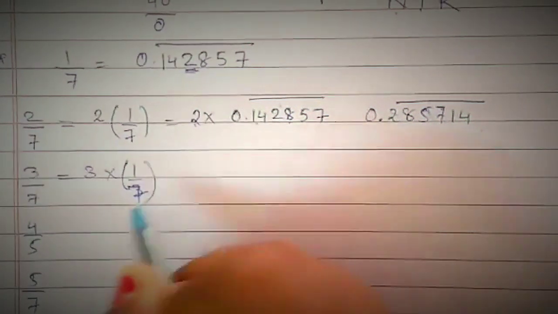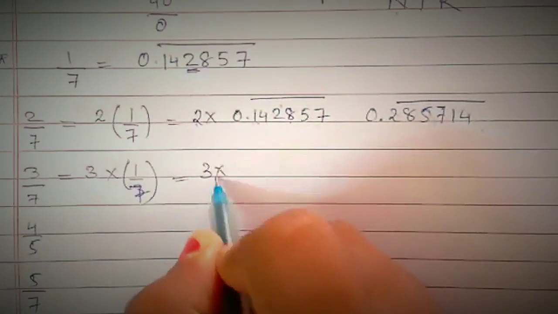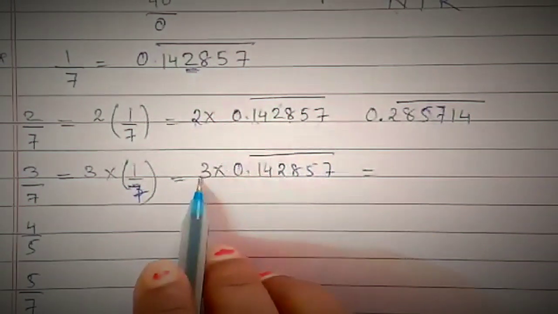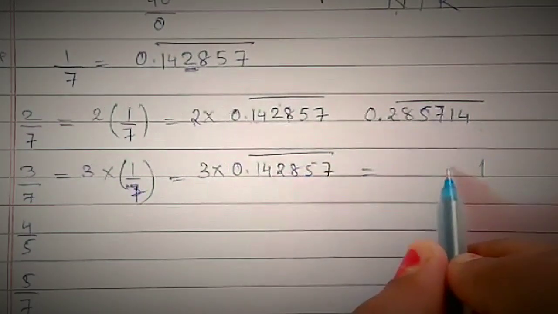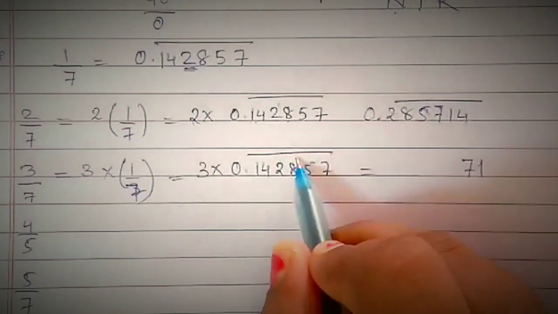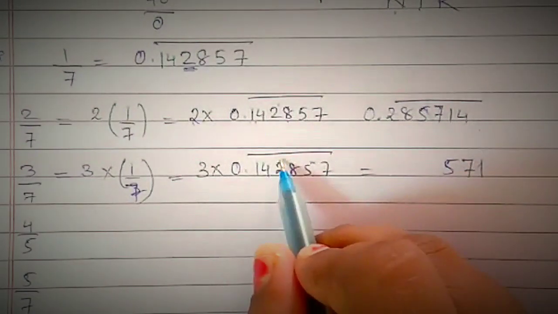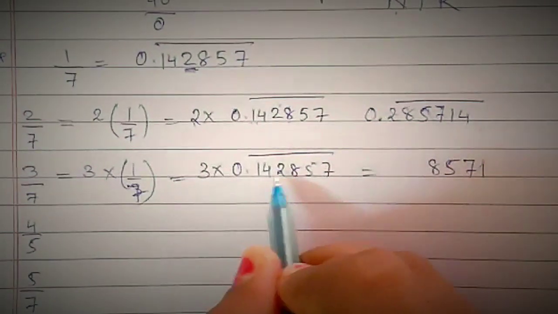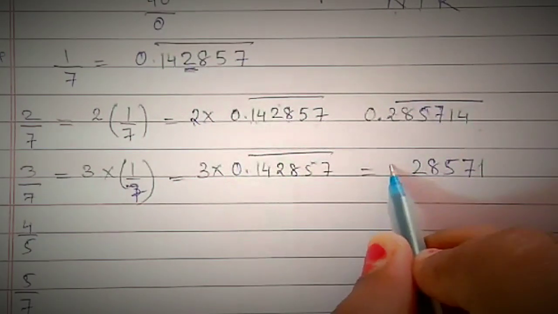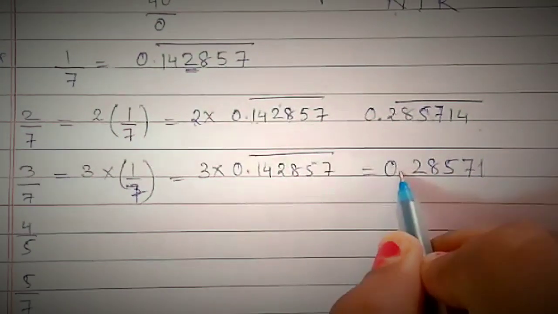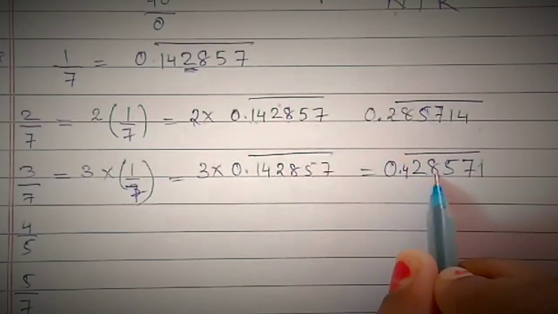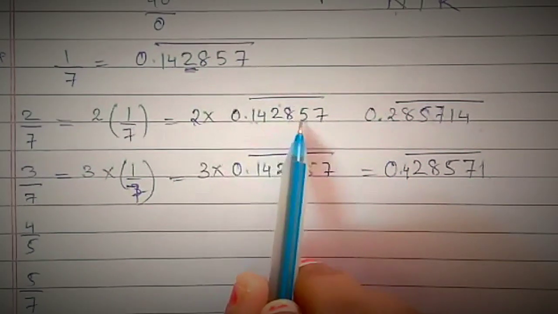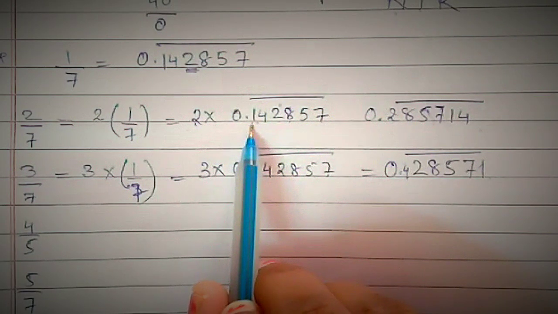Okay, if you are not confirmed till now, no problem, we'll continue with the same thing as 3. So 3 upon 7 means 3 into 1 upon 7, which is again 3 into 0.142857 the whole bar, right? 3 7s are 21, 2 carried over. 3 5s are 15 and 2, 17. 3 8s are 24, 1 will become 25, 2 carried over. 3 2s are 6 and 2, 8. 3 4s are 12, 1 carried over, and this will become 3 1s are 3 plus 1, 4, right? So I have got 428571. I have got the same number, see, 428571, right? Is it clear to you?